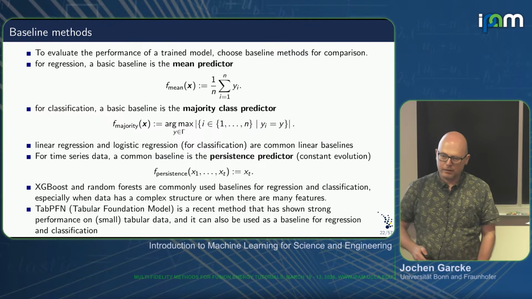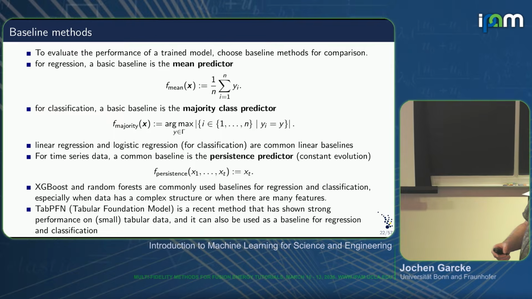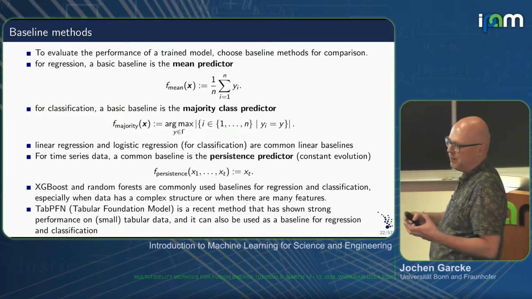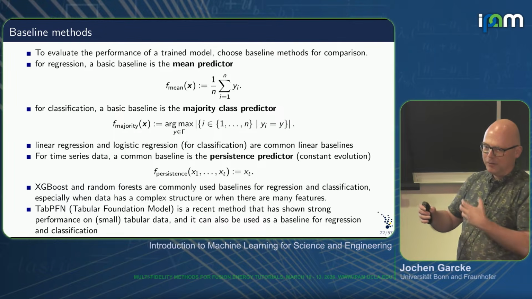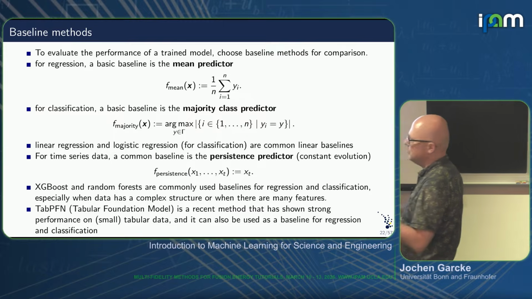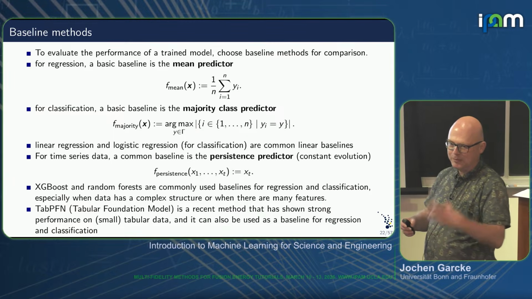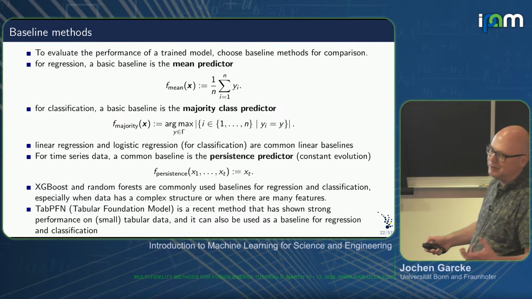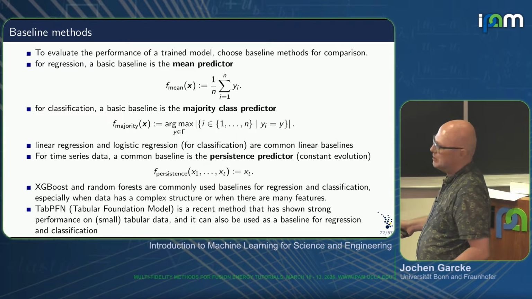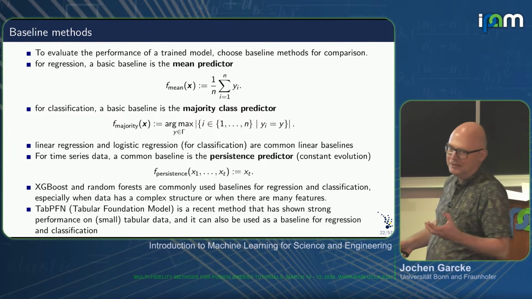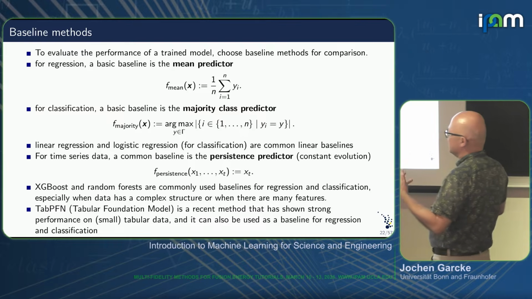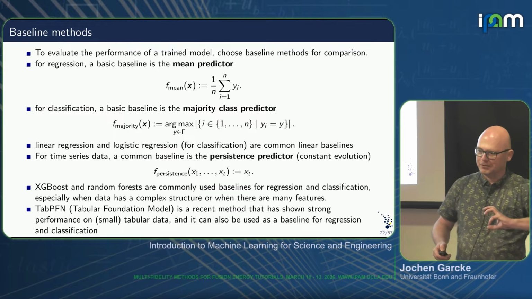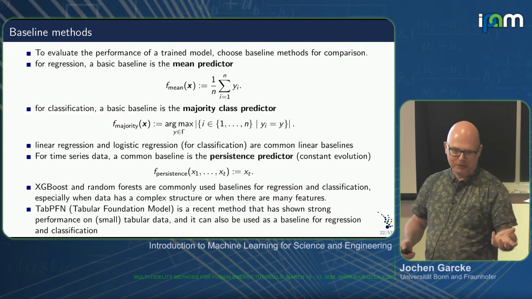And there's another thing, particularly if you tackle a problem which hasn't been tackled before. You have an estimation problem where you want to do machine learning, and you don't have comparison results from others. You should also pick simple baselines. Maybe even start with the most simple: a mean predictor, and a majority class predictor for classification and regression, which of course are useless. But so that you show, okay, what if I do something very naive, what comes out of that? And of course, if you're not better than that, then you're doing something wrong.